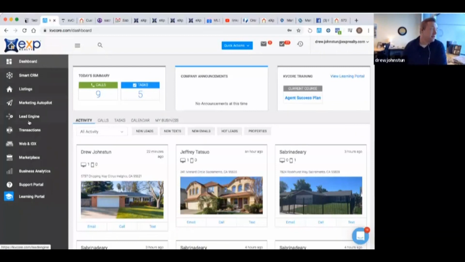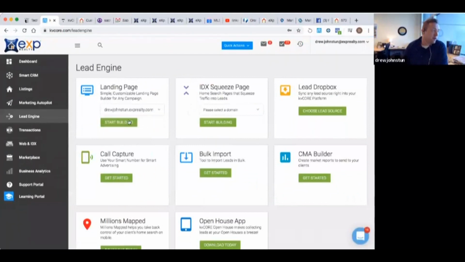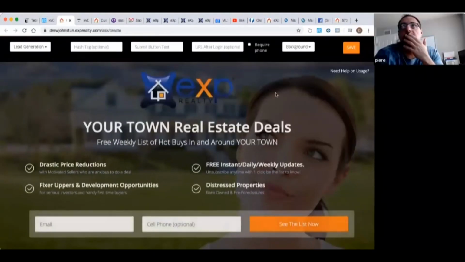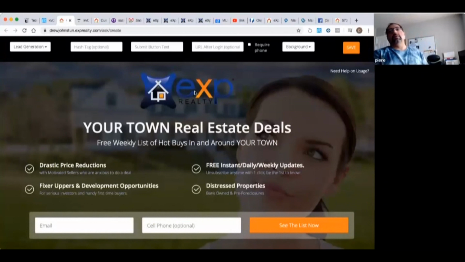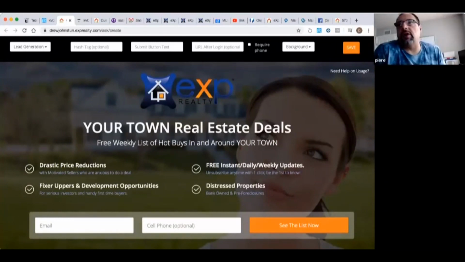And the great thing, you can go into the lead engine, create your landing page, put your background as puppies, dogs, and put in exactly that information. Yeah, we did it for Newport Beach rentals at $6,000 a month and over, and it was amazing. It was one of the best campaigns I ever ran.